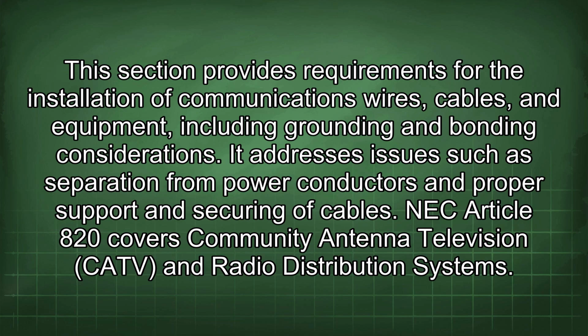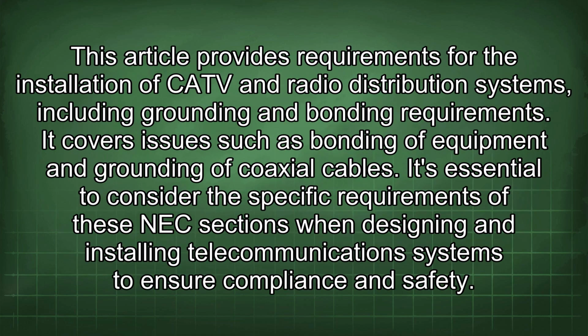NEC Article 820 covers community antenna television, CATV, and radio distribution systems. This article provides requirements for the installation of CATV and radio distribution systems, including grounding and bonding requirements. It covers issues such as bonding of equipment and grounding of coaxial cables. It's essential to consider the specific requirements of these NEC sections when designing and installing telecommunications systems to ensure compliance